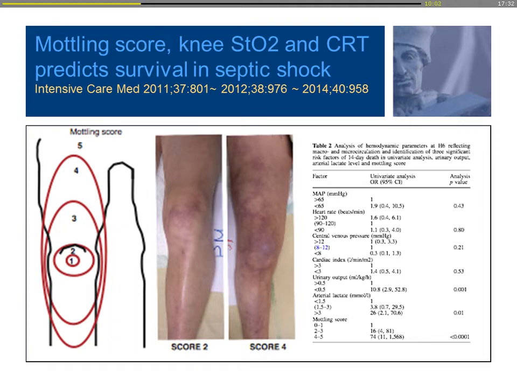They followed up with repetitive studies showing that not only the discoloration of the skin was indicative of morbidity and mortality, but also the StO2, the near-infrared measurement at the knee, and also the capillary refill time, a very simple measure: push the skin and measure how long it takes for the color to return to baseline. All these indicators of skin perfusion were related to mortality in these patients. So this microcirculation, if abnormal, is also very indicative that something is really wrong.